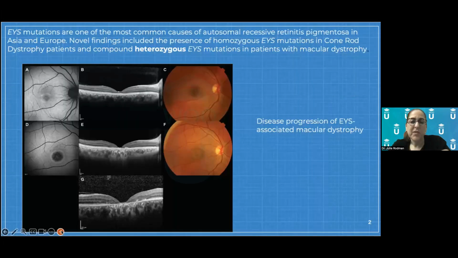diagnosis. So if you read the summary point on top there, EYS mutations are very common causes of autosomal recessive RP. But if the patient has heterozygous EYS mutations, that is more consistent with just generalized macular disorders or generalized macular dystrophies. So it wasn't diagnosed that she had a cone dystrophy. It wasn't diagnosed that she had any specific dystrophy except a generalized, quote unquote, macular dystrophy.